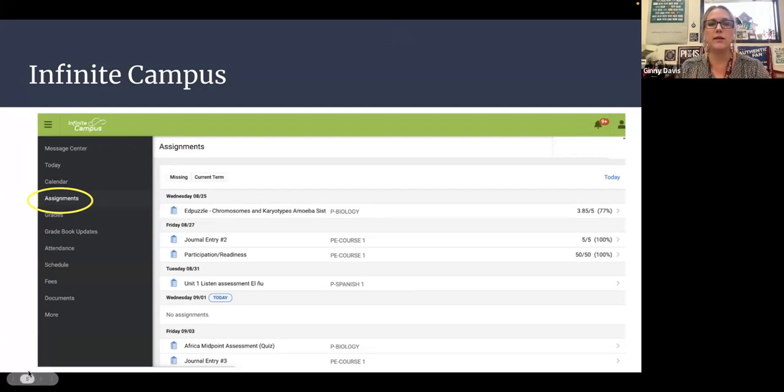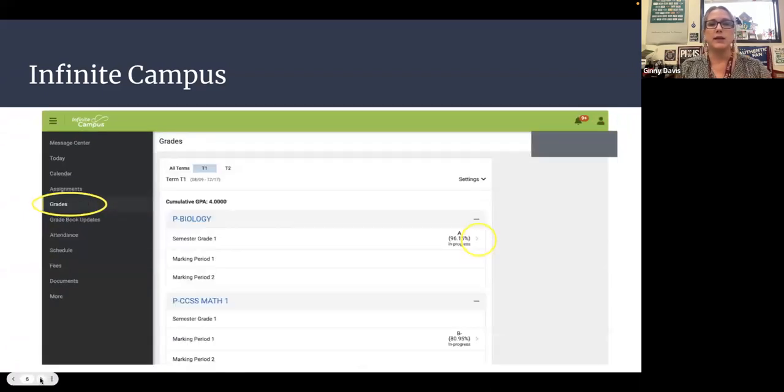But to be completely honest, you may have a couple of teachers still using Infinite Campus. If they are using Infinite Campus as their primary grade book, you can see assignments, you can see grades. Now, what I want to say about grades is the difference between Infinite Campus and Canvas. Infinite Campus is our school monitoring system. It's what we as a school use for everything. If I were to look up a kid's schedule or a kid's attendance, we use Infinite Campus. How we enroll students is through Infinite Campus. So Infinite Campus is what we primarily use for everything.